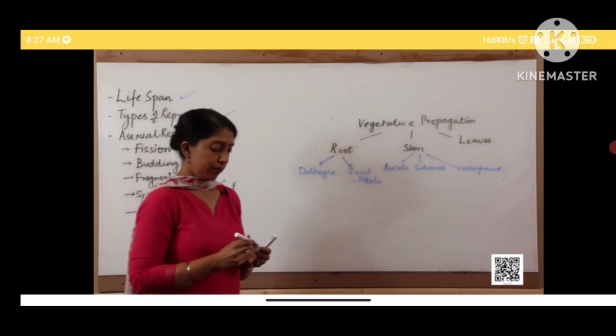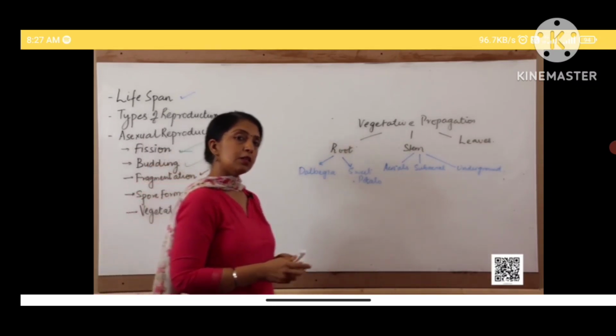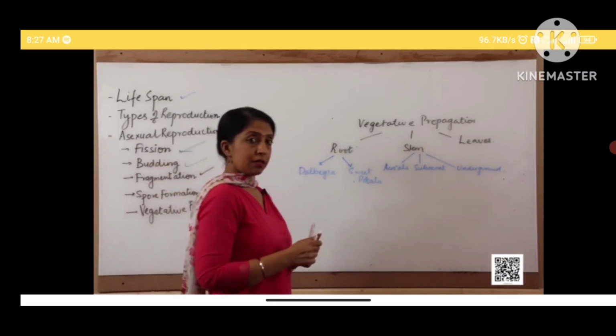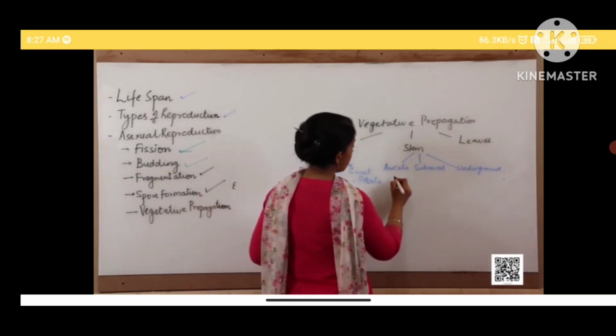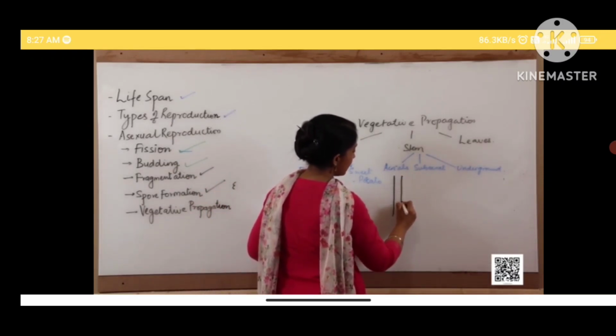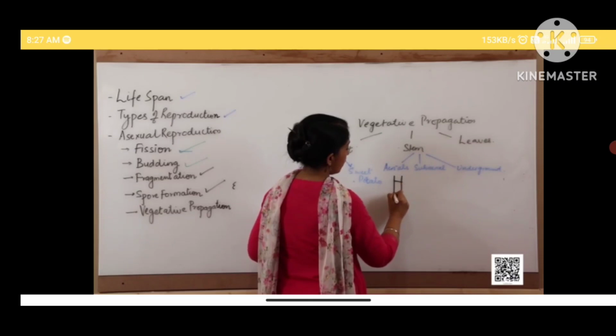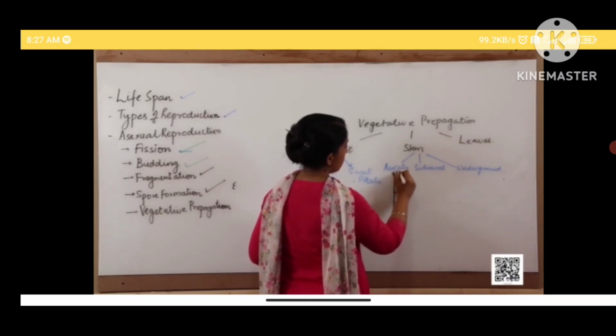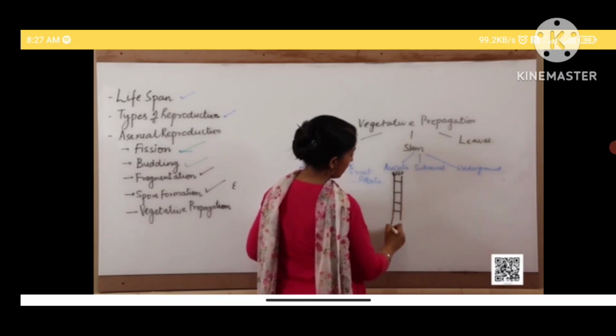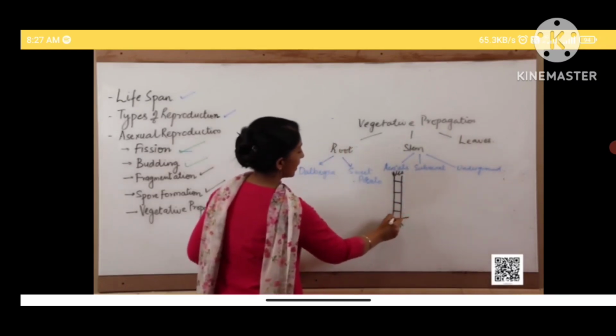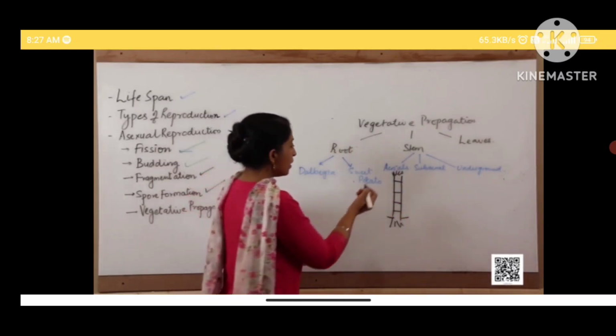You all must have seen the sugarcane plant. What does it look like? A sugarcane plant looks something like this, and it has got various nodes and internodes. Okay, so it has got the long leaves here and so it is something like this. So any one of its portion which has